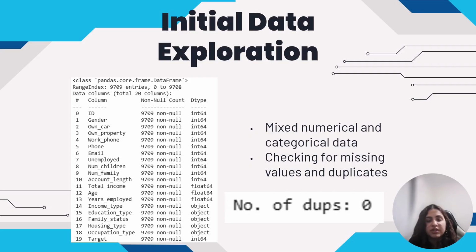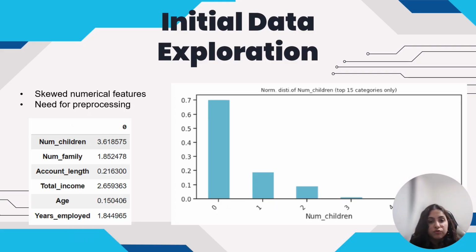So it's important for us to understand our data types early on so we can understand what pre-processing and what modeling techniques can be applied in this case. And so we move on to further data exploration, where we determined if we have any skewed numerical features, and we found that there are some highly skewed features, as can be seen from the screenshot. Typically, skewness should range around 0, so any value between negative 0.5 to 0.5 is accepted. So as we can see here, we have some very high values, and that means our data is very skewed,